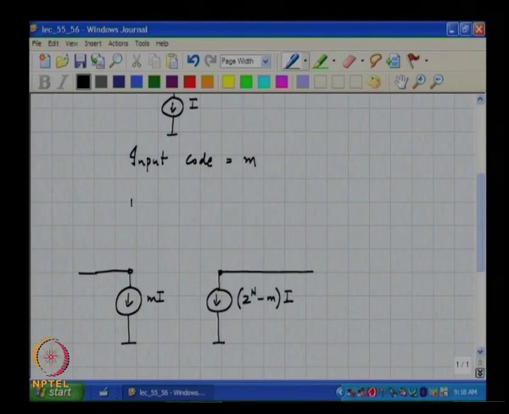Okay. And if we assume that we have a voltage to current conversion which is simply based on resistors, then